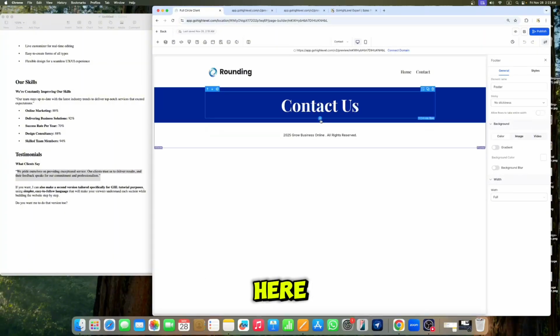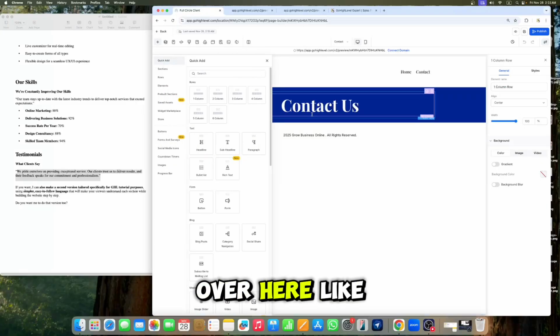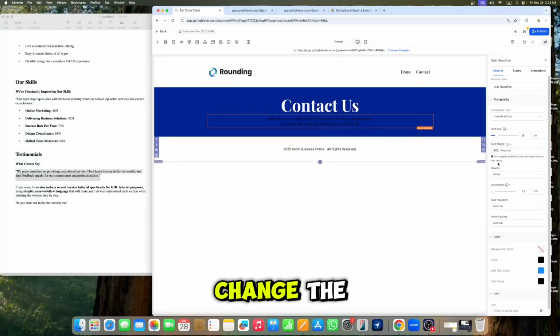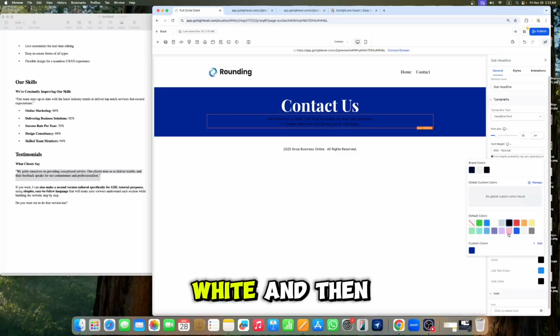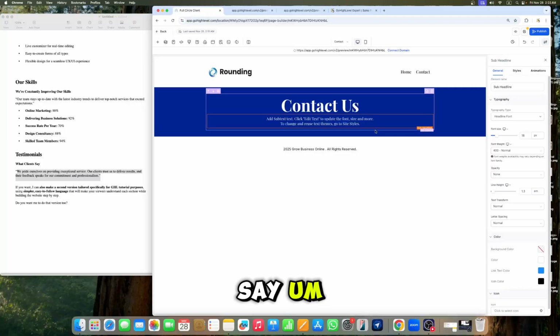So now you can see over here we have only the contact us, and then I'm going to say over here, we can add the sub paragraph over here, and we can change the color to white, and then here we can say